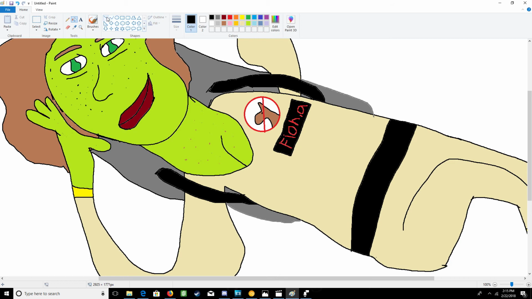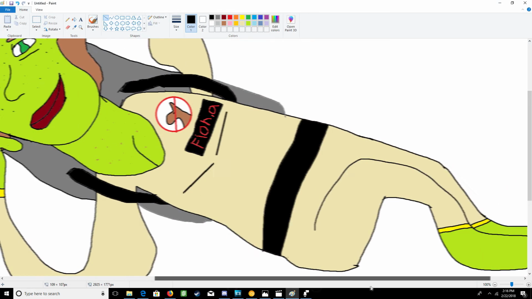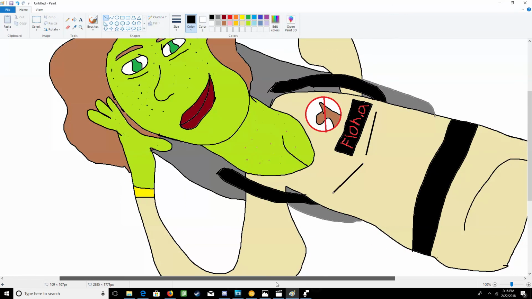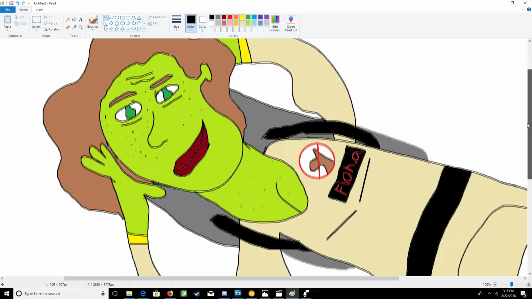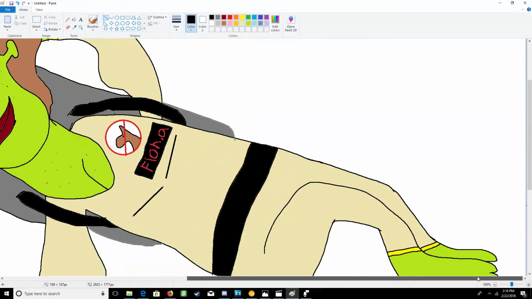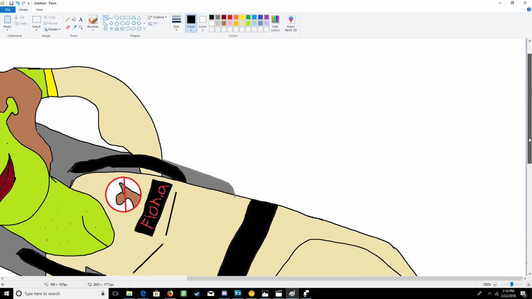And I believe they had a little slit on their jacket, so it was just like a little line, like right about right here, and another line like right about right here. I believe that was the thing that was in the movie. I think there were supposed to be pockets, and yeah, I believe that's probably about it for this video. Unless, you know what, there's supposed to be a little